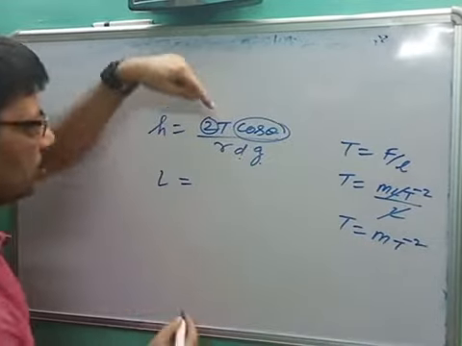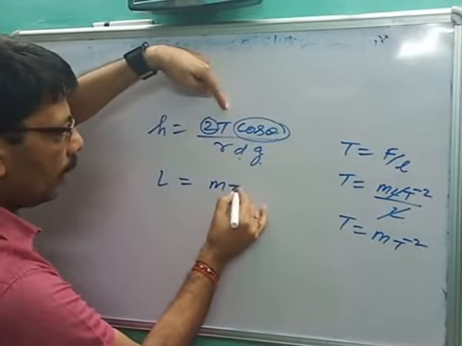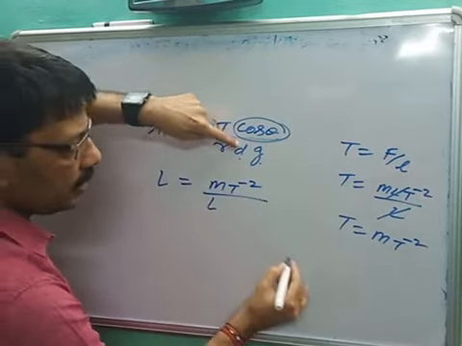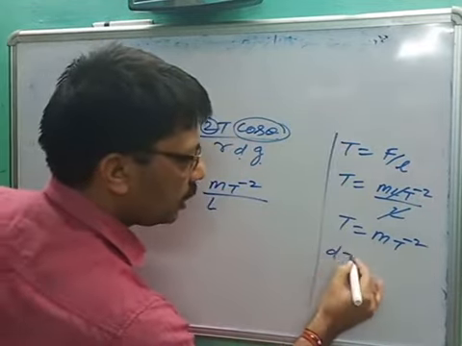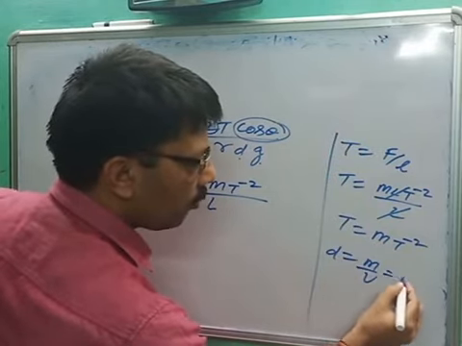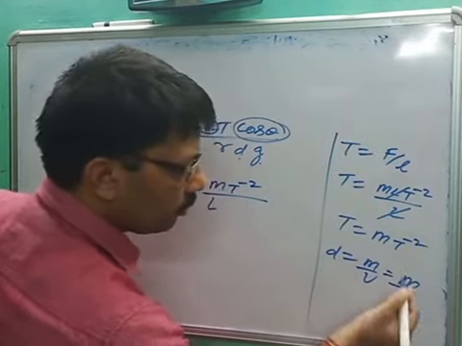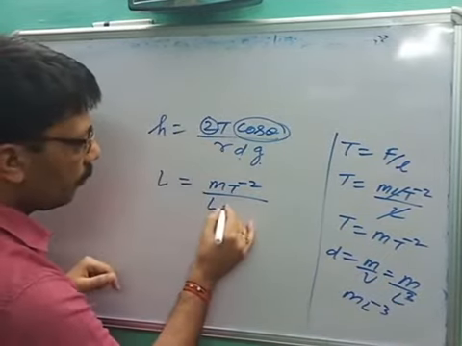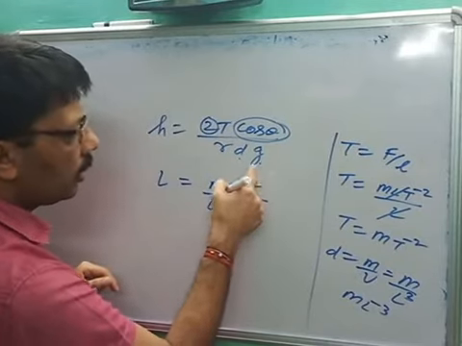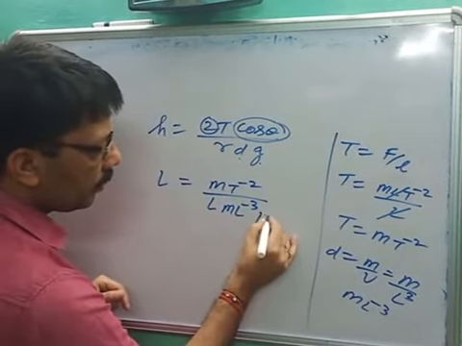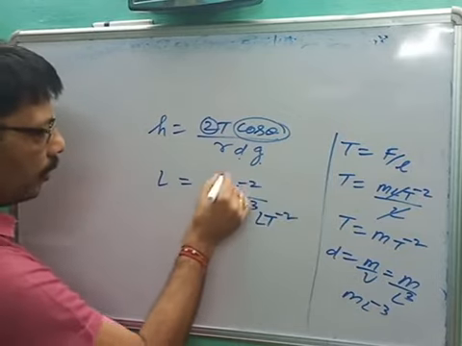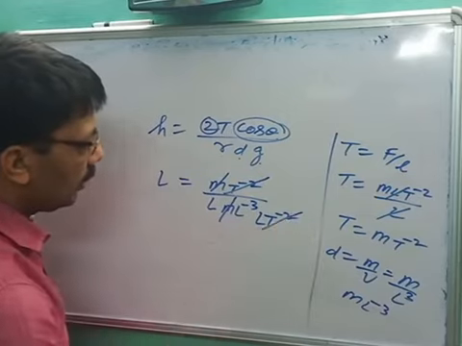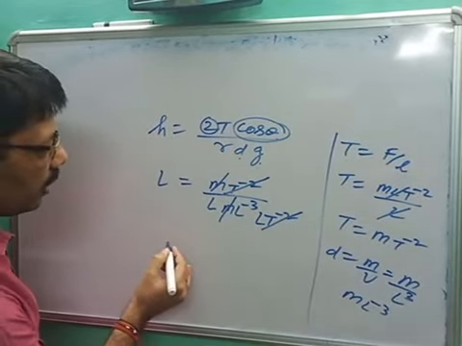This is the surface tension, so T becomes M T to the power minus 2 upon r for radius, L. d for density: density is equal to mass upon volume, mass for capital M, volume for L cube, so density becomes M L to the power minus 3. Into g, the acceleration, it is L T to the power minus 2. M will cancel out, T square will cancel out, we will get